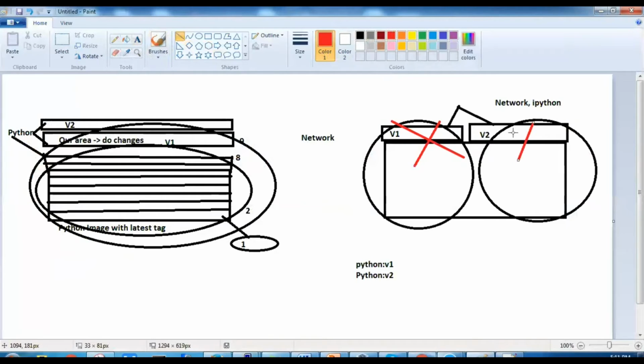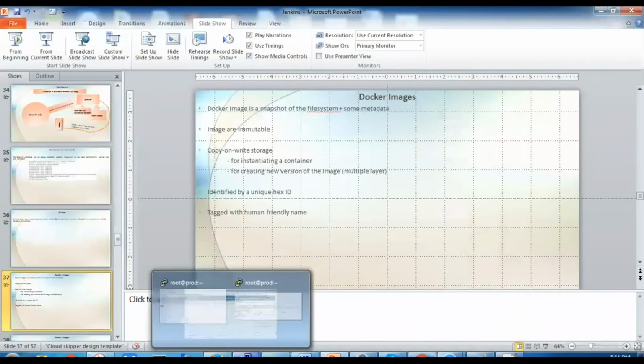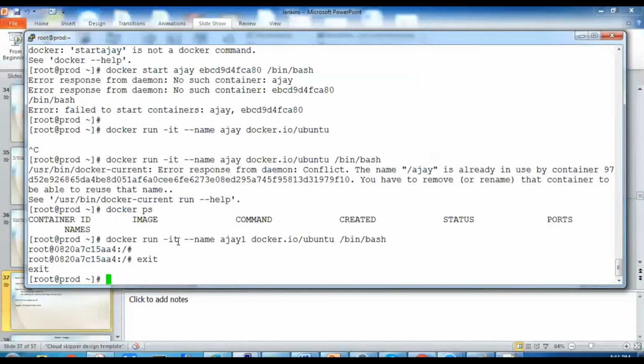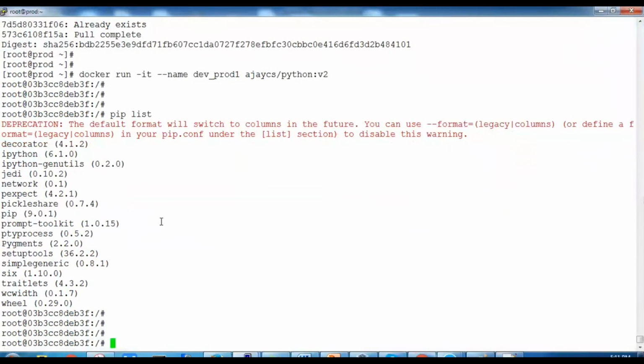If you remove v2 and v1, then only the 8 layers will be there. In the same way you can create any number of custom images, and you can keep track of it by knowing whatever layers we have, whatever layers we have committed, and whatever layers we have pulled.